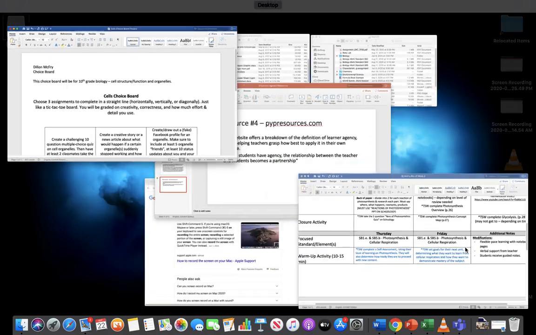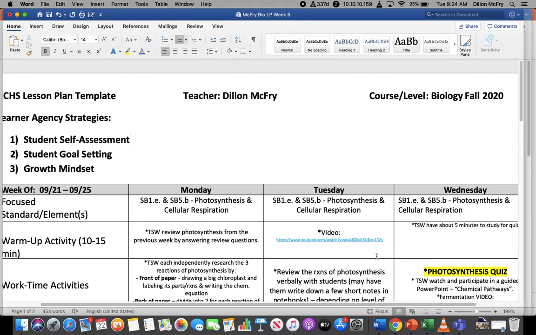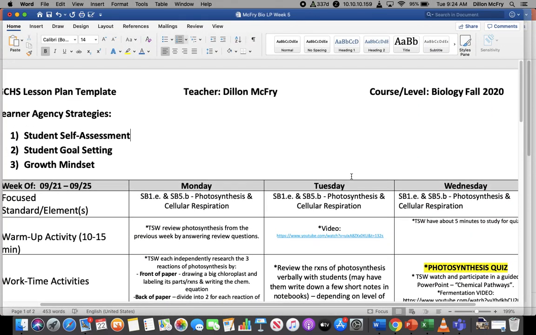This way the students have the choice in completing the assignment in the way that they see fit, and so they're able to show growth and determine how best they're going to show growth. They're going to assess how well they're doing with previous content and whether they are ready to move on. And also they're going to be able to set goals for themselves and proceed with their learning that way.